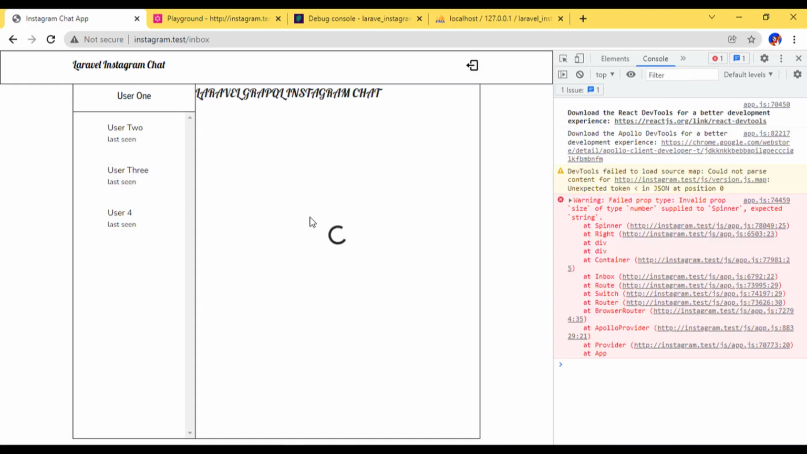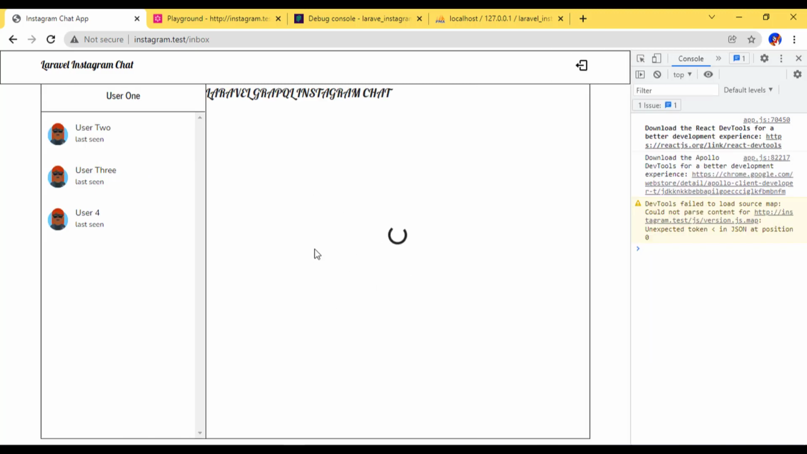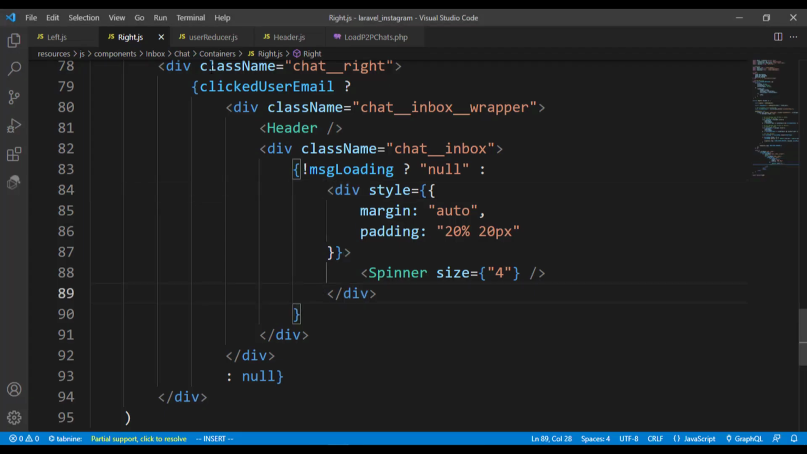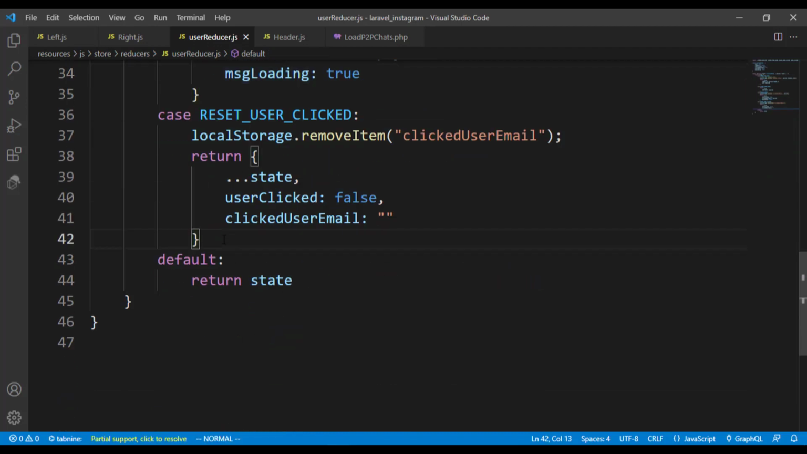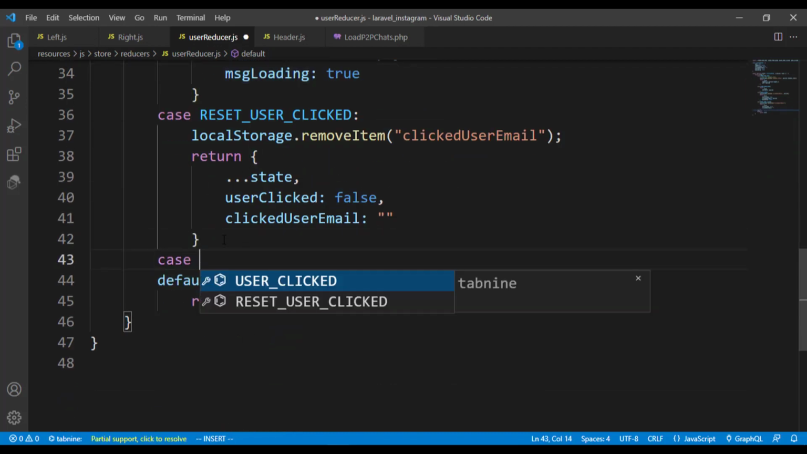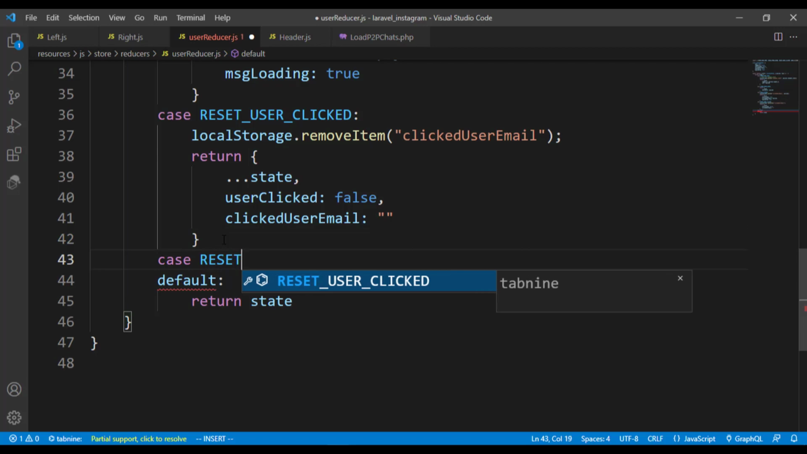So right now you can see until the messages are being gotten, this is not supposed to go out, but by now I think, okay, when we click on this, I think it should still be there. So this is supposed to be showing this way until we can go over to the reducer and check. Okay, right now we don't have a case of reset message loading, so we have to bring in reset message